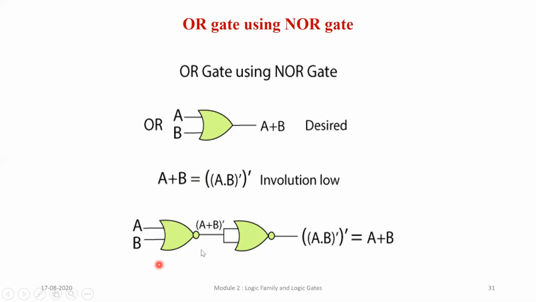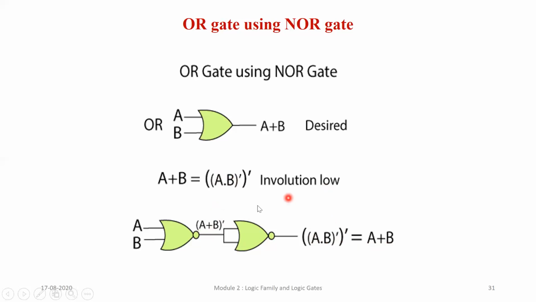So what I do is I give it to my first NOR gate. So it becomes A plus B the whole complement. Here you write plus, this is a printing mistake. So A plus B the whole complement. So that complement is removed. A complement is removed. So I'm left with A plus B. Here put A plus B. Here also put A plus B.